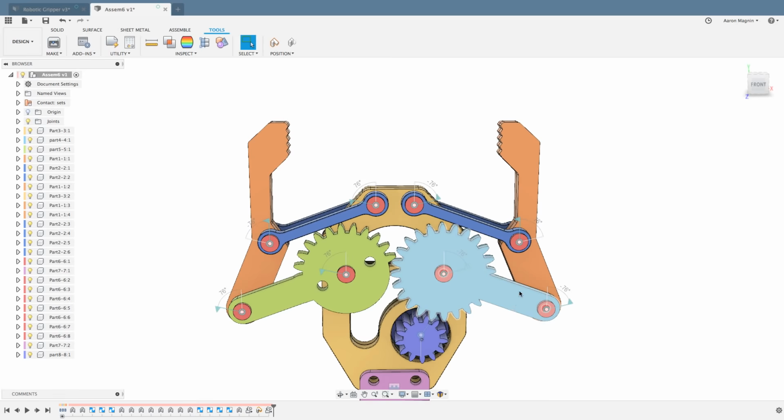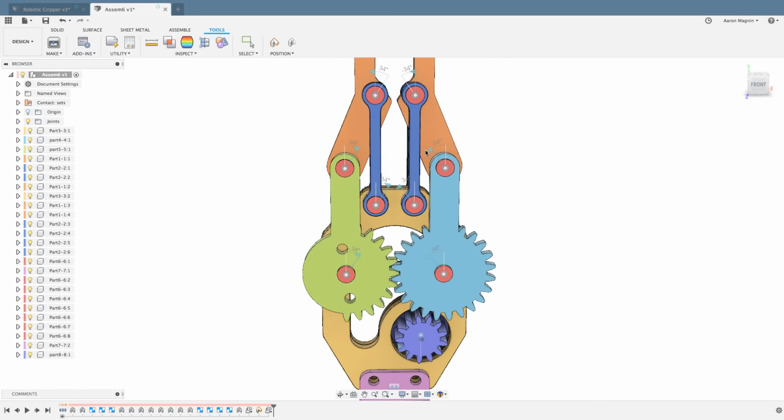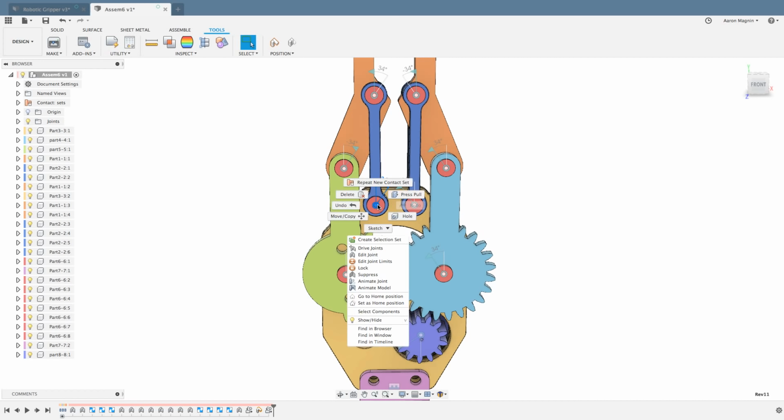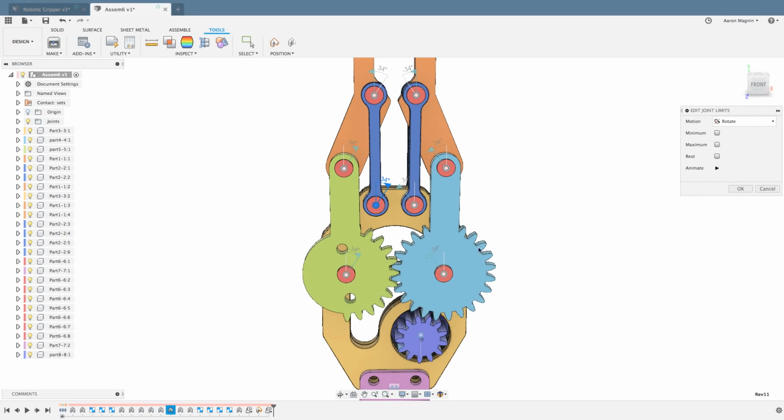Part of the reason why I was doing this is to figure out these values, and you'll see that the joints are telling me what these values are. So it looks like it goes from negative 76 degrees to 34 degrees. So if I instead wanted to do this with a joint limit, I could just right click on any one of these joints. I mean, really each one should work. I can right click on this one here, and I'll say edit joint limits, and we'll set a min and a max, and min will be negative 76, I believe, and